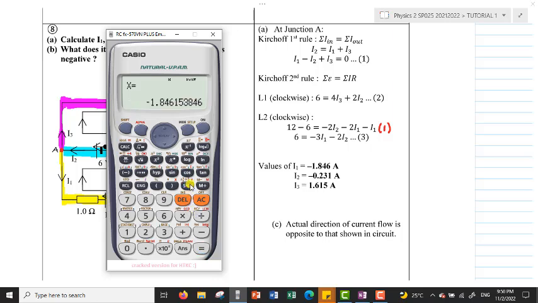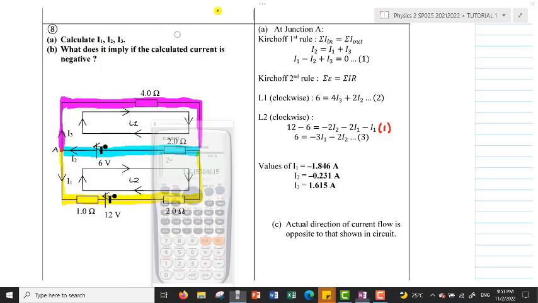So you will get current I1 is negative 846 ampere. Current I2 is negative 0.231 ampere. Current I3 is 1.615 ampere. So for question B,